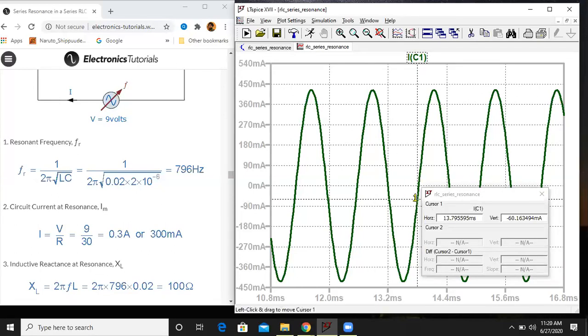Around 422.5. So how did you get that value? How to check that this is the current at resonance? As you can see on the left-hand side of your screen, you have 300 milliamperes. That 300 milliamperes is the RMS current. Now you have to multiply this by root 2. If you have your calculator, multiply 300 milliamperes by root 2 and you get around 424 milliamperes. So that's quite close. That is how you measure the current over here.